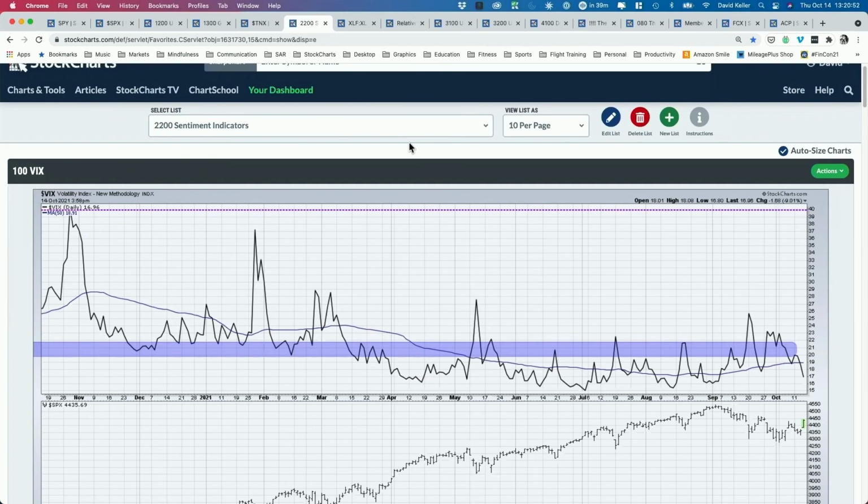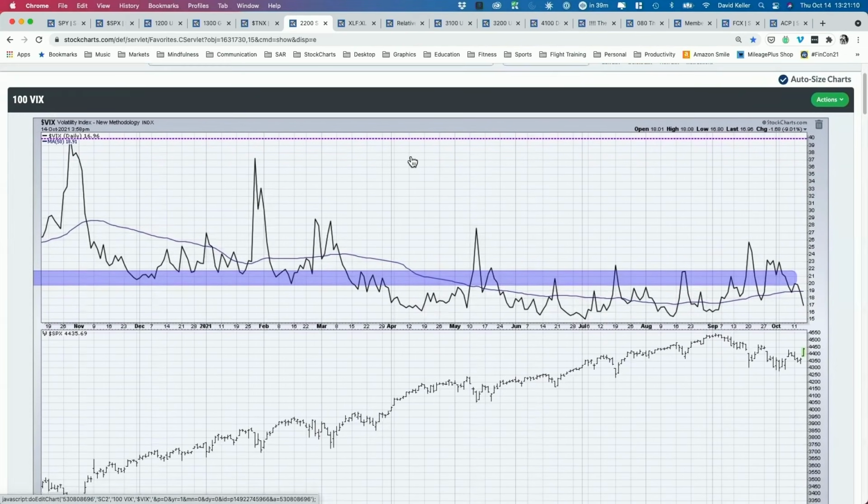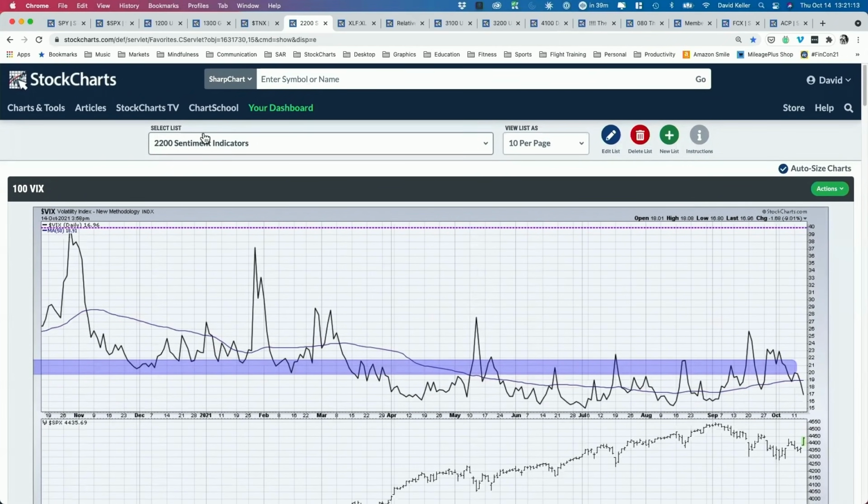surveys that I've paid attention to at times in my career. And then that third bucket would be positioning data, things like the NAAIM exposure index or the Rydex flows, which shows you where the capital is actually flowing. And I think those three buckets together can help you tell an interesting story about the overall environment. We'll start with the VIX, and this chart list that we're going to use is my sentiment indicator